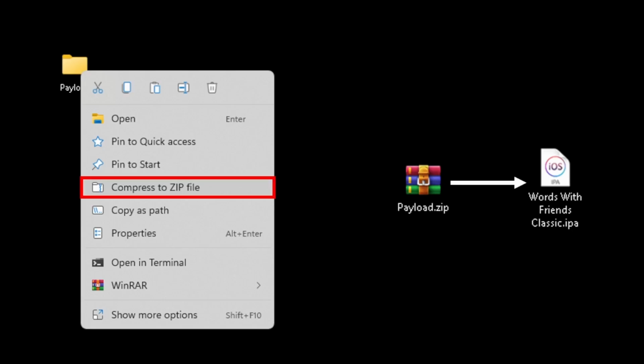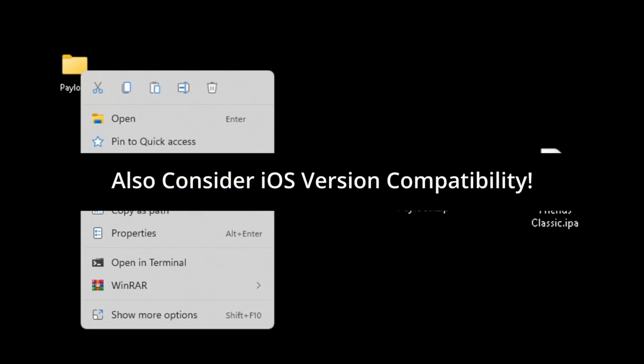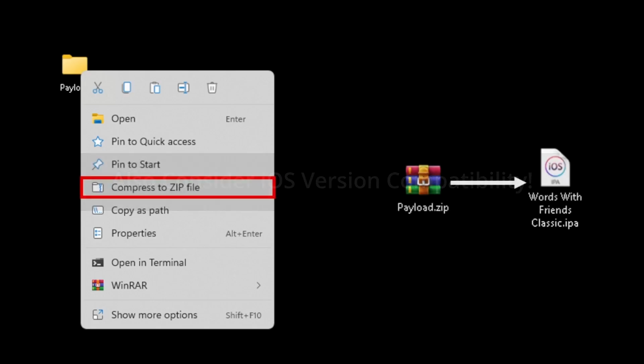Now note that this does take into account compatibility from the application. So say you copied this over from an iPhone X. It may be compatible with an iPhone 7. However, there is a chance that the application will decide that this version is only packaged for the iPhone X and it won't work for the 7. Therefore, it will not allow you to install it onto the 7. Now, there are some ways to try to bypass this and get around it. However, having a compatible model can be very handy.